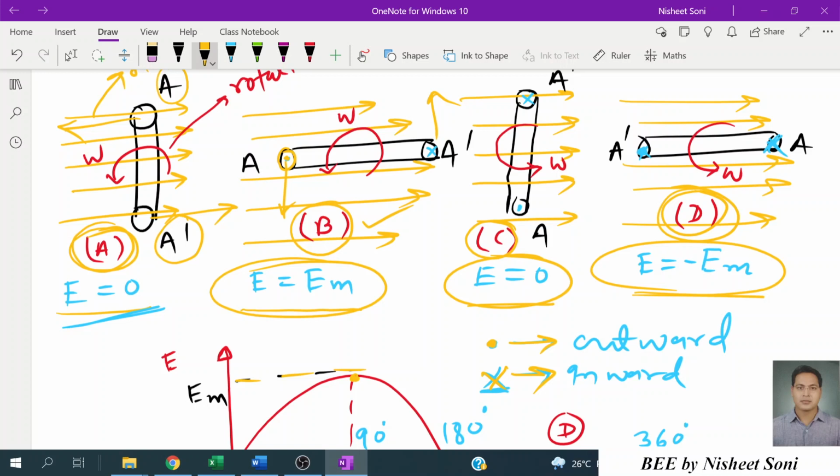In this manner we can easily see that the alternating voltage is developed in the coil sides, and hence we can say that when a coil is rotated in a uniform magnetic field, voltage is generated, and vice versa. Thank you very much.